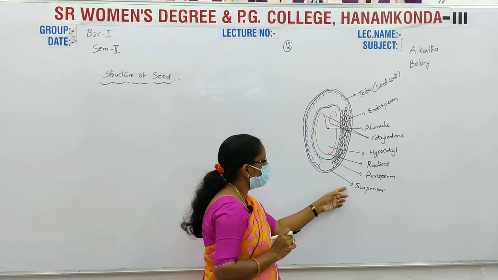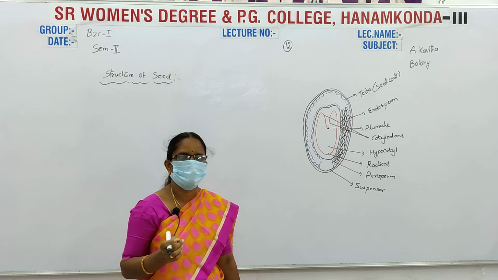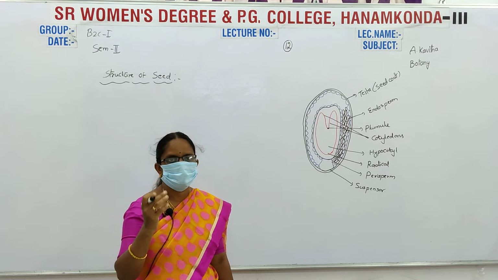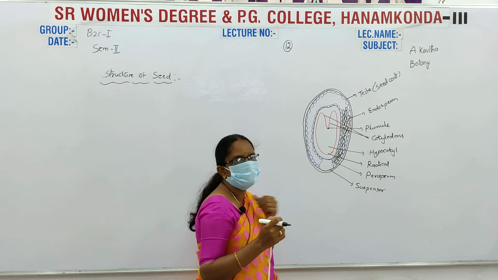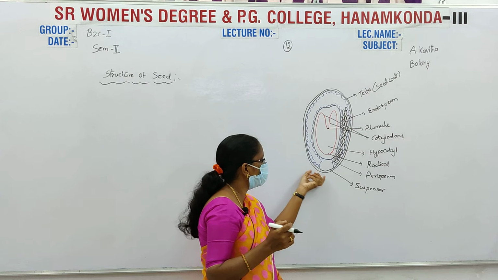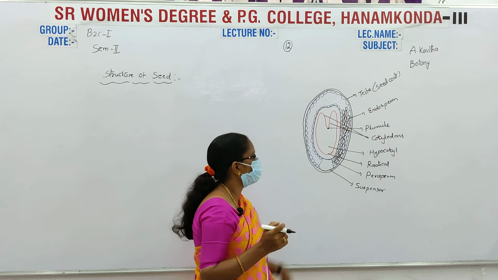The small suspensor, the remaining suspensor. Actually, the suspensor is very long. Primary and secondary suspensor cells form a very long suspensor. But the suspensor is reduced, and only a small remaining suspensor is present in the seed of Pinus.